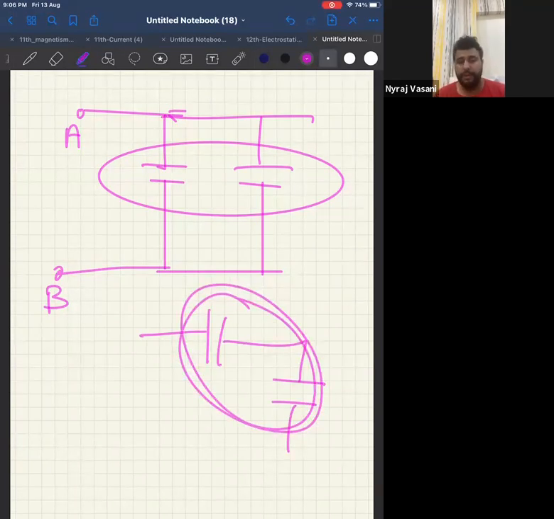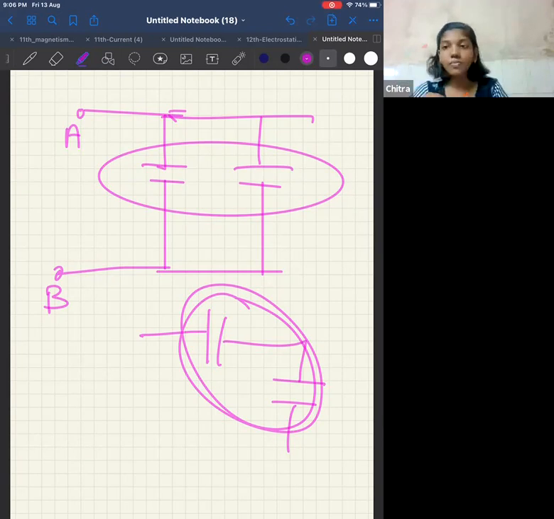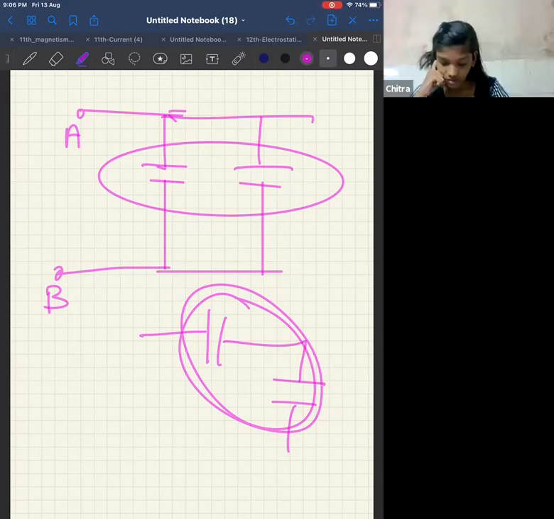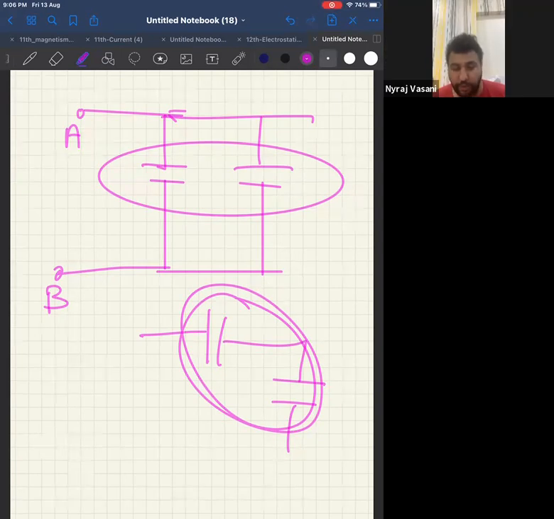I'm not talking about parallel, I mean the middle one and the third layer. Middle one is 1 and the third one is what? You took the middle one and the 2 microfarad one in parallel, right? So can't we take the middle one and the 1 microfarad in parallel? How can you take it in parallel if there is another capacitor, 2 microfarad, in between 1 and 1? Check.